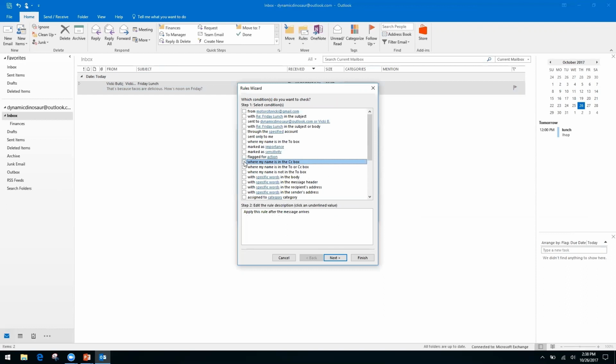You can also set it to where my name is not in the to box. So if it is in the CC box, or if it is also blind CC'd to you, if it's BCC'd, you may want to select that rule instead. Really depends on what's going to work best for you. You can trial and error that. I would recommend using the where my name is not in the to box. It is a little bit more catch-all. And we can click next